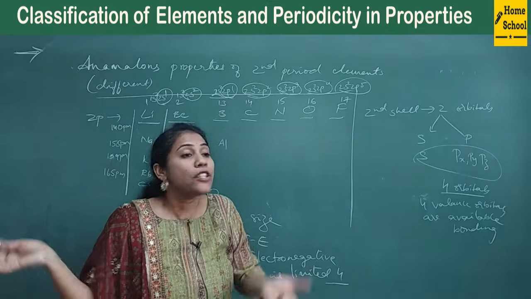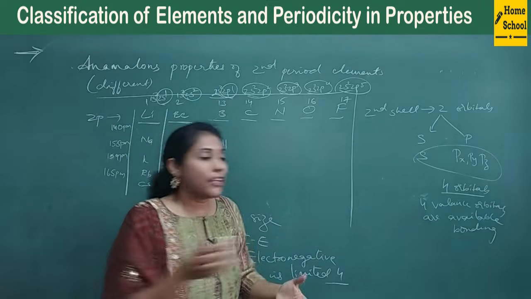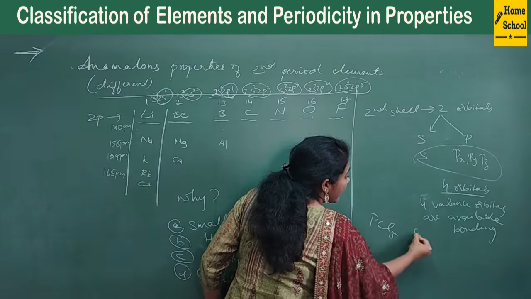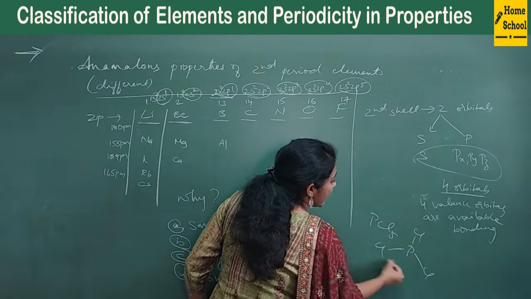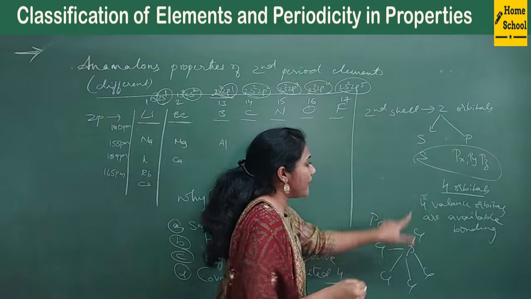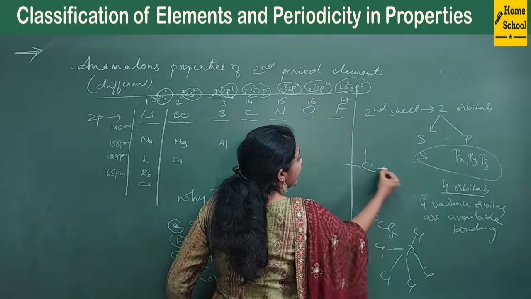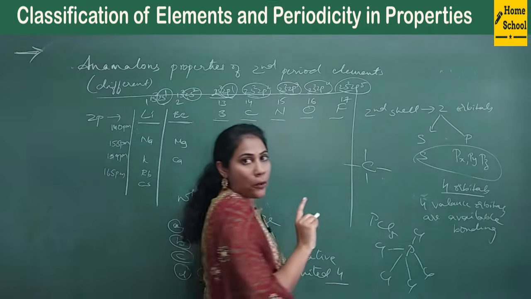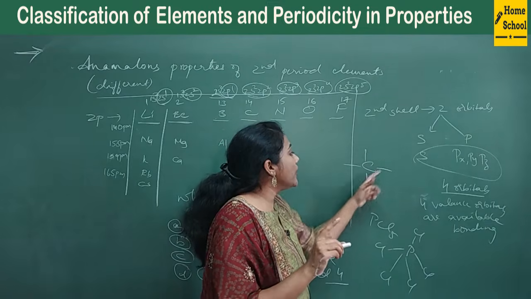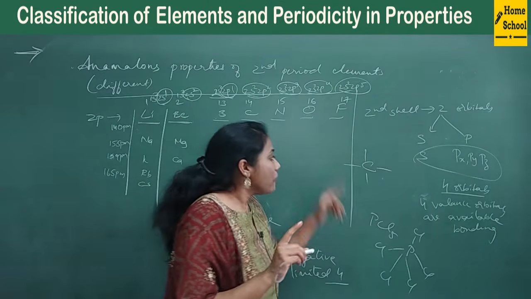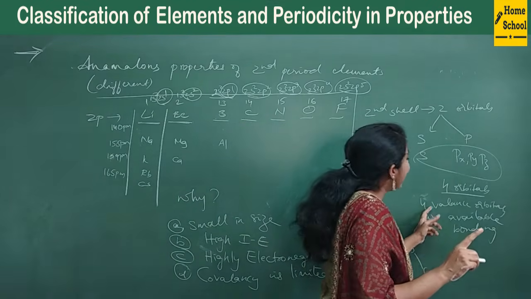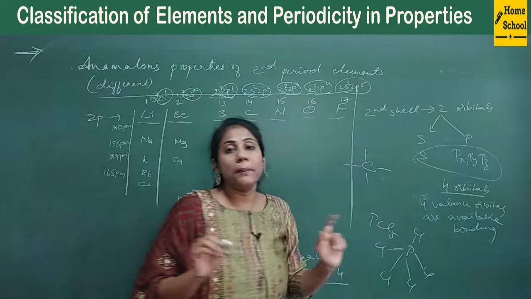There are many elements which have 5 bonds around them. Say for example PCl5. Phosphorus has 5 bonds with Cl, right? So this is how there are 5 bonds around phosphorus. Whereas a carbon can have a maximum of only 4 bonds, right? So we say the valency of carbon is 4. It can only form 4 bonds. Why can it only form 4 bonds?